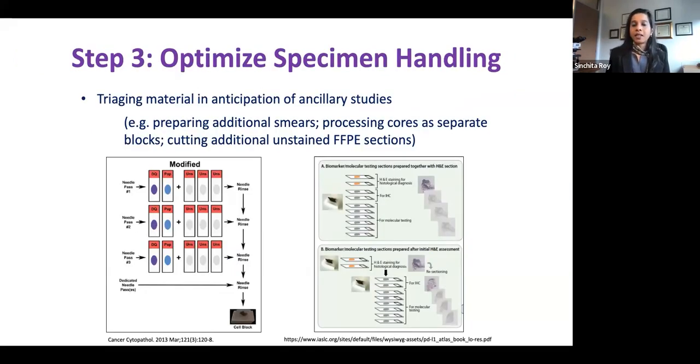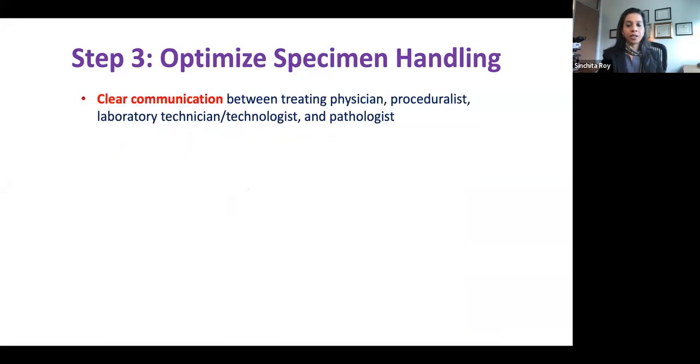The third thing, which is of importance, is how you handle that specimen after it's collected. If you anticipate the need for ancillary studies, preparing upfront is probably a better way. If you have a block, whether you want to cut upfront sections or do a shallow sectioning at first, make sure you have diagnostic material and then cut your sections. If you're going to be testing off smears, if you're going to need additional smears, all of those come into play when you are setting up your workflow SOPs and trying to optimize that procedure for downstream analysis.